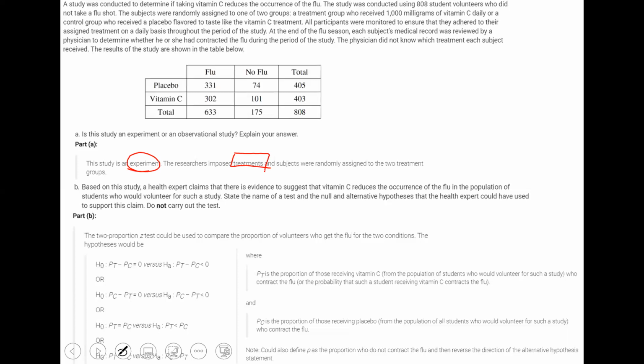Part B. Based on this study, a health expert claims that there is evidence to suggest that vitamin C reduces the occurrence of the flu in the population of students who would volunteer for such a study. State the name of a test and the null and alternative hypothesis that the health expert could have used to support this claim. Do not carry out the test. So this one, they just want to see if you can set up the appropriate hypotheses and also name which test you would be doing without actually carrying out the test. All right, so this one,